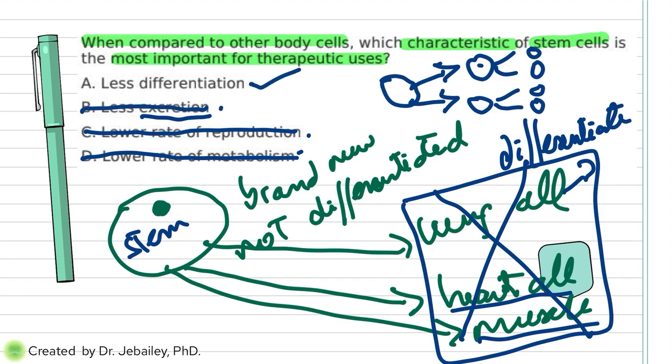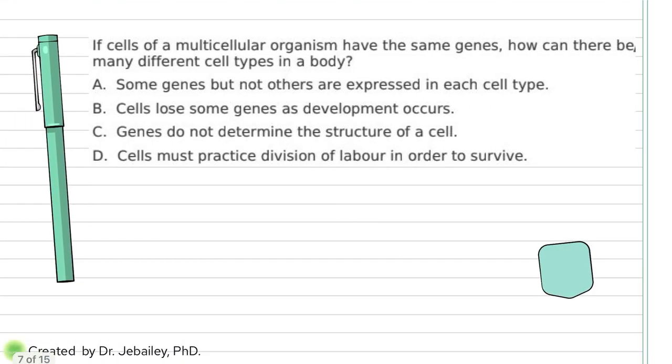Now, this is more likely: less differentiation. That means the stem cells haven't been differentiated. Stem cells can become any kind of cell. They're not like the lung cells, the heart, or the muscles. These guys have already been differentiated. That means they have already been given a job. So the answer here is A. Next, if the cells of a multicellular organism have the same genes, how can there be many different